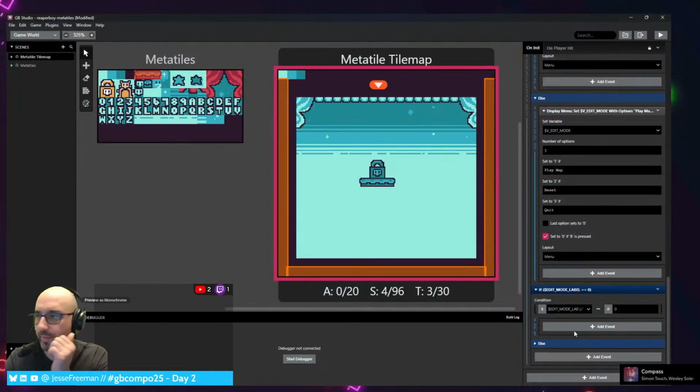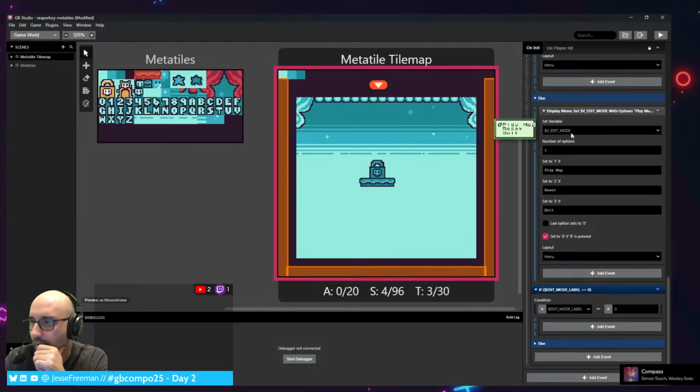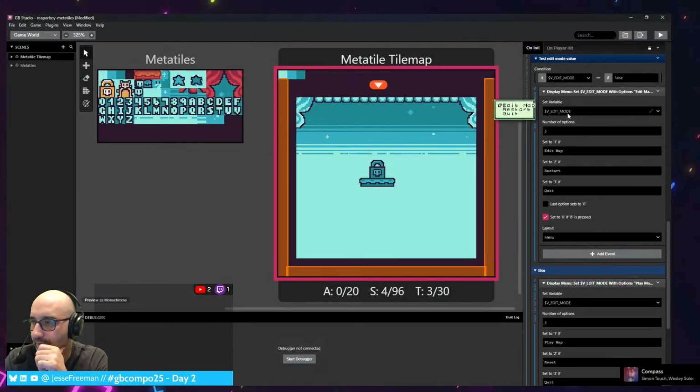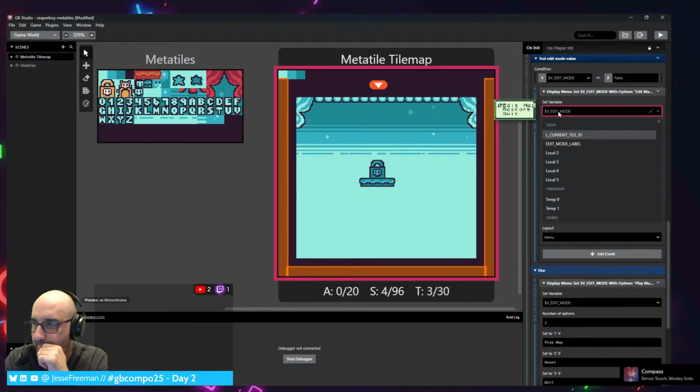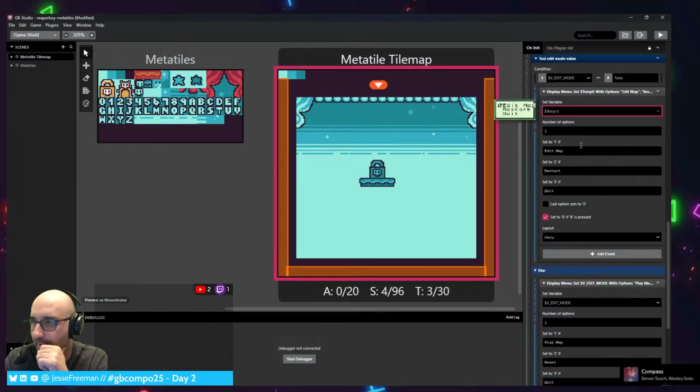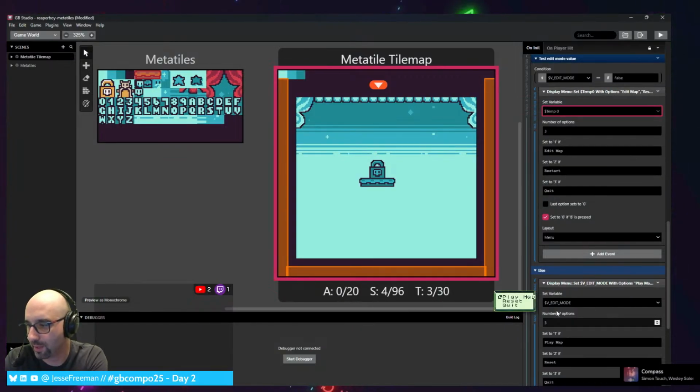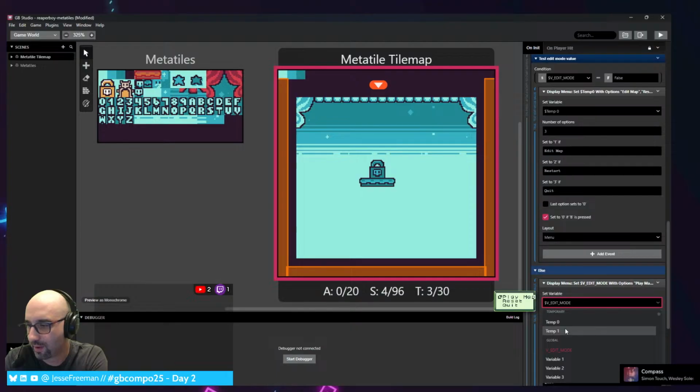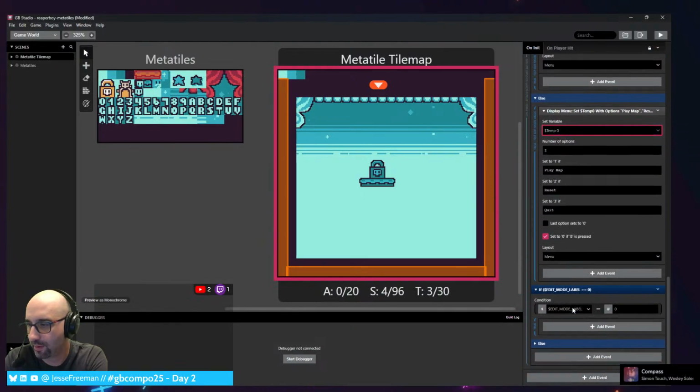What is this variable? Wait, I just realized I'm missing something here. This really needs to be temp 0. This is temp 0, and then here we're comparing temp 0 to which ID it is. So if it's 0, we do nothing. If it's 1,